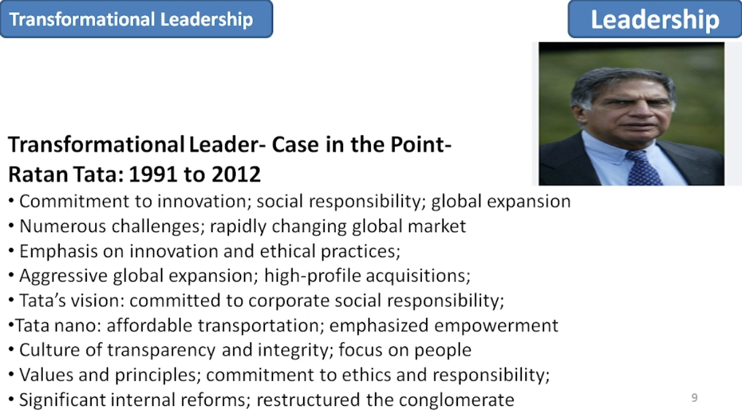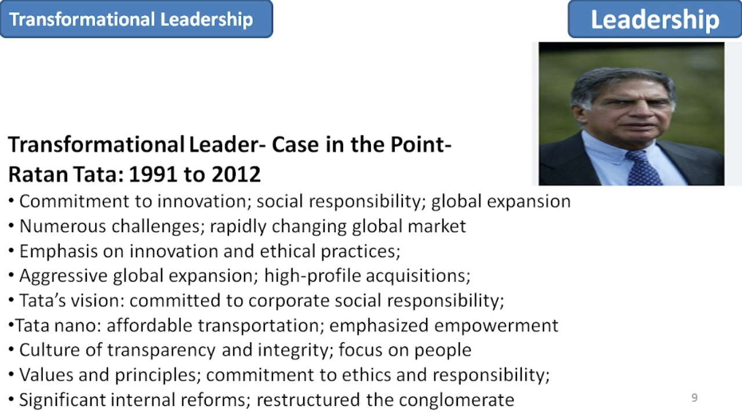Tata's vision extended beyond mere business growth. He was deeply committed to corporate social responsibility and sustainable development. Under his leadership, Tata Group implemented various initiatives aimed at improving the quality of life in communities where the company operated. The Tata Nano, introduced in 2008, was a groundbreaking project aimed at providing affordable transportation to millions of Indian families. Although the Nano faced several challenges, it was a testament to Tata's commitment to innovation and making a difference